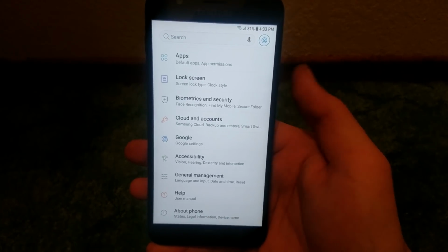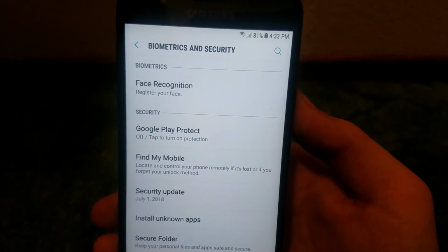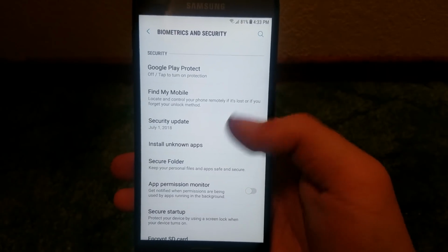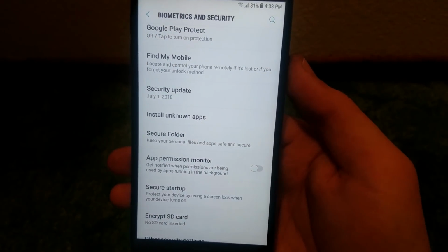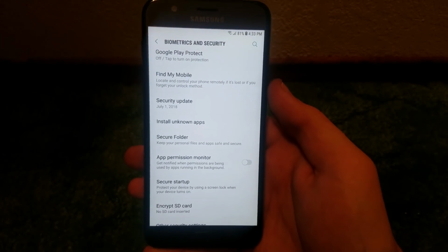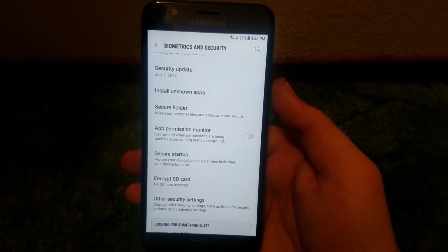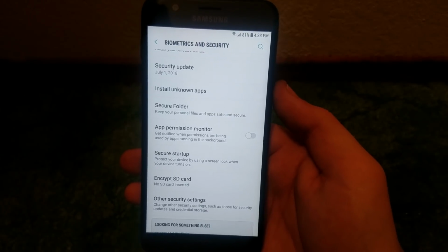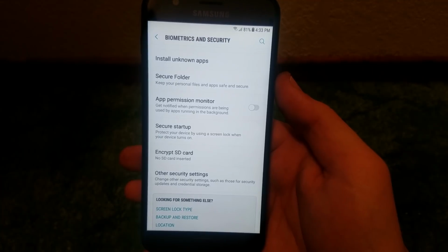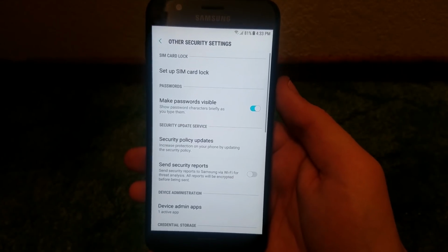And then under biometrics and security, we have face recognition, and again, it's not set up. Google Play Protect, Find My Mobile. Security update is July 1st of 2018, so it's a relatively old, not the newest or most up-to-date security patch. Install unknown apps, secure folder, app permission monitor, secure startup, encrypt SD card, and under other security settings we have